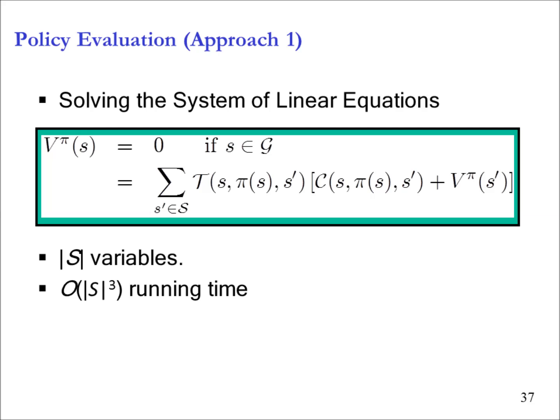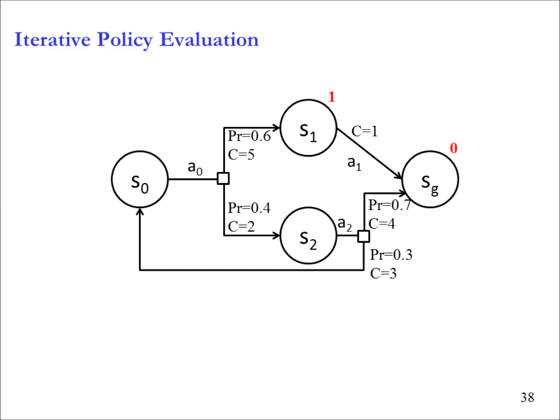Okay. Yes? This is kind of orthogonal to the cyclic problem. Why? This has got nothing to do with it in the sense that this is more generic. This is absolutely generic, but this will be able to handle cyclic problems. Everything else will not be able to. Yes, question. So it's O(S^3) running time. There are cardinality of S number of equations. Yes. Is that just Gaussian elimination, just a function of the equations? Yes. Okay. So this is the first approach. This is good. This can be done. But let's do the second approach, which will be more helpful to us. That's called iterative policy evaluation.